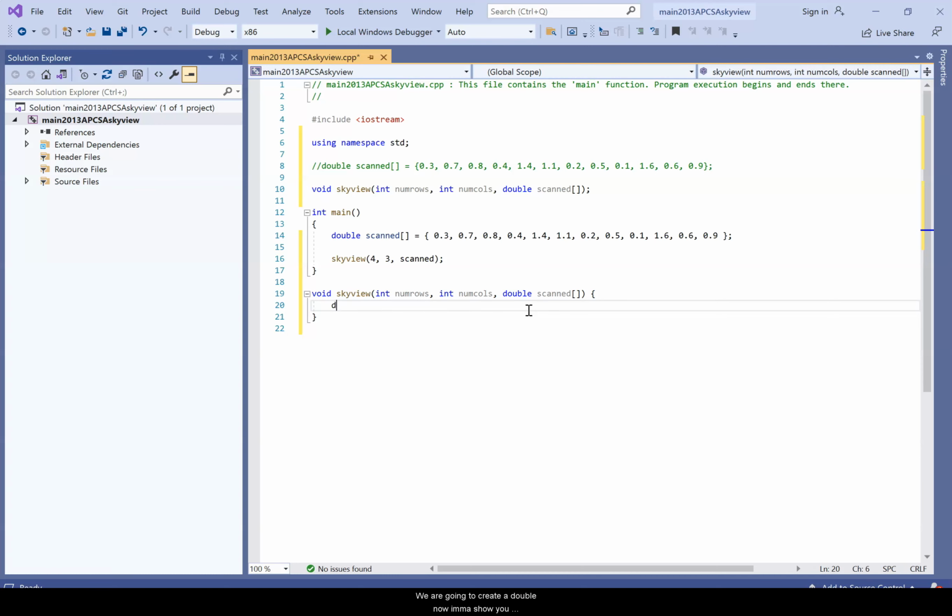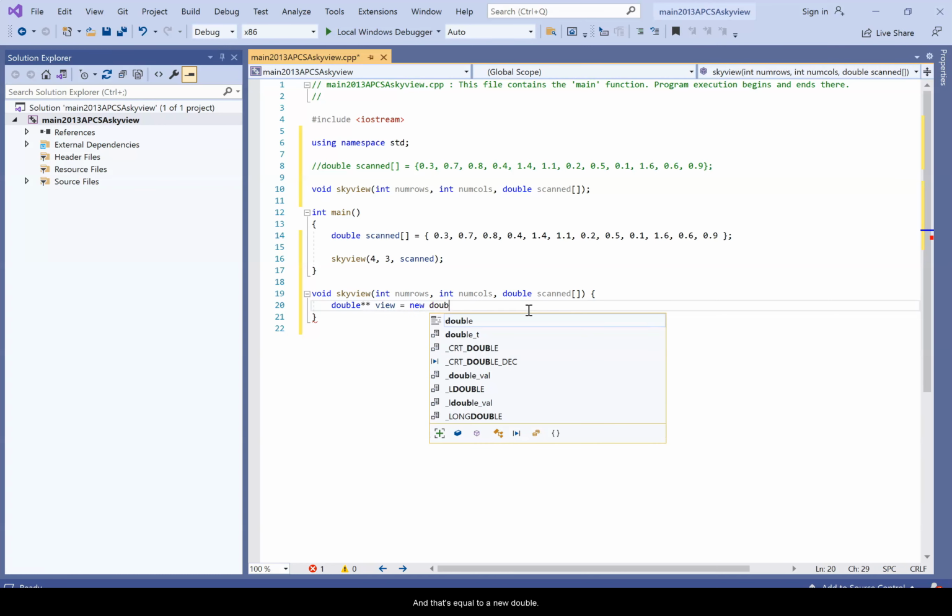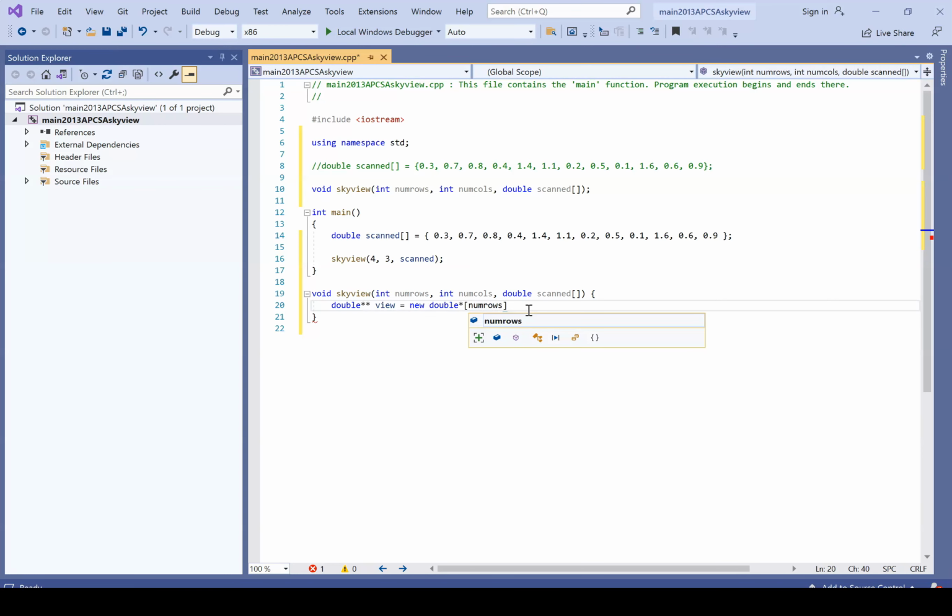So we are going to create a double. Now let me show you this one. This is going to create a 2D array view, and that's equal to a new double with the num rows. Okay, and so that's how you